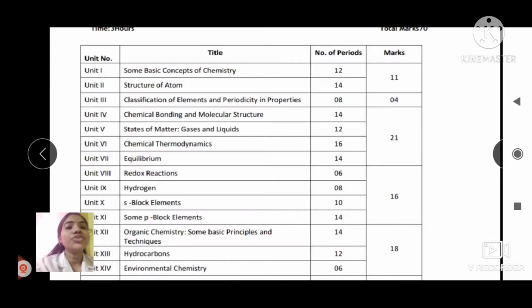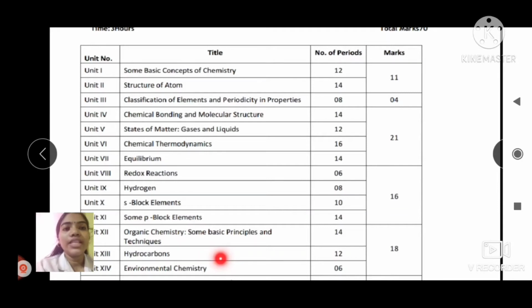In this year, you have to study 14 chapters from chemistry. First chapter is some basic concepts of chemistry, then structure of atom, classification of elements and periodicity in properties, chemical bonding and molecular structure, states of matter, gases and liquids, chemical thermodynamics, equilibrium, redox reactions, hydrogen, S-block elements, some P-block elements, organic chemistry, some basic principles and techniques, hydrocarbons, and the last chapter